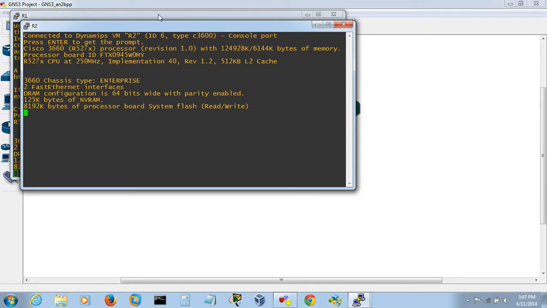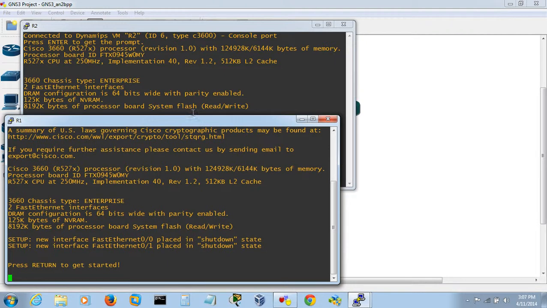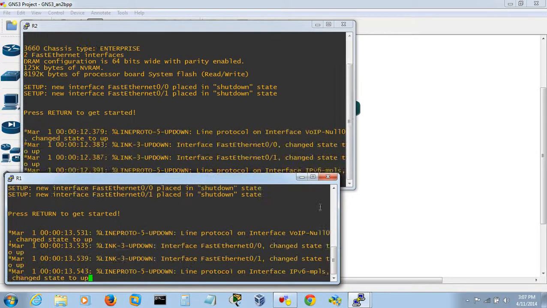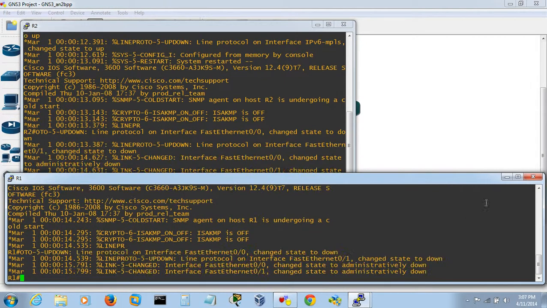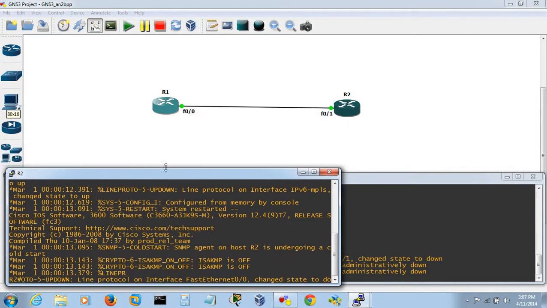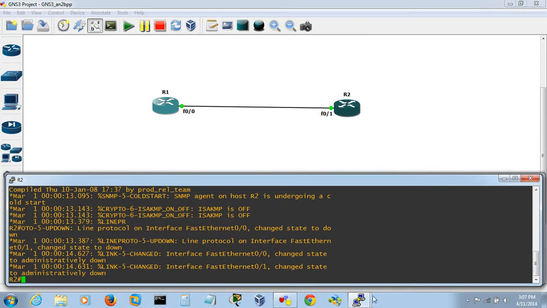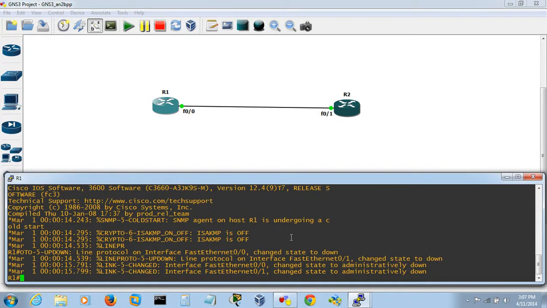You got it? Now take the router 1 console and minimize it a little bit. Why? Because you want to see your console while you are configuring.